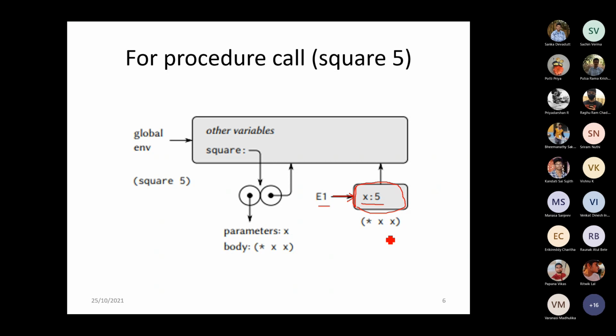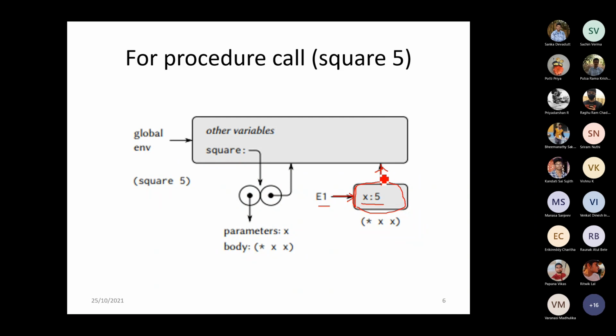Once this box has been created, this box will always be pointing to your global environment. That is from where we have called it. That is just above, where the definitions are, or just above from where we have called. So it will be pointed to the above boxes. Once we create a box, it will be pointed to the above one, from where we have called it.